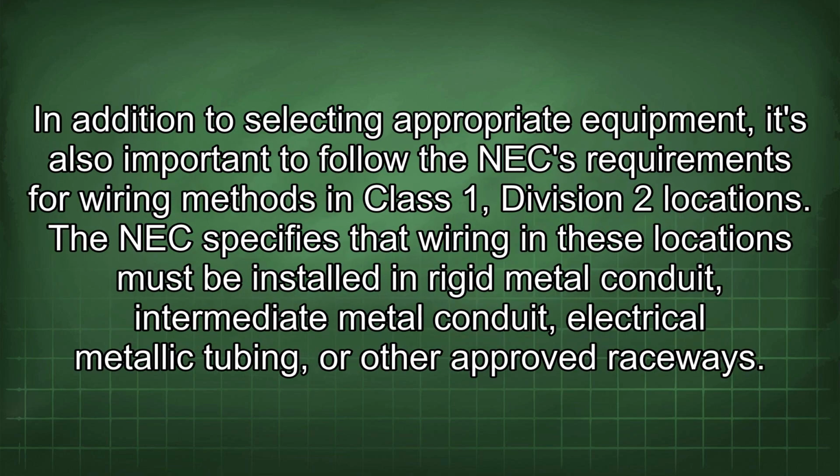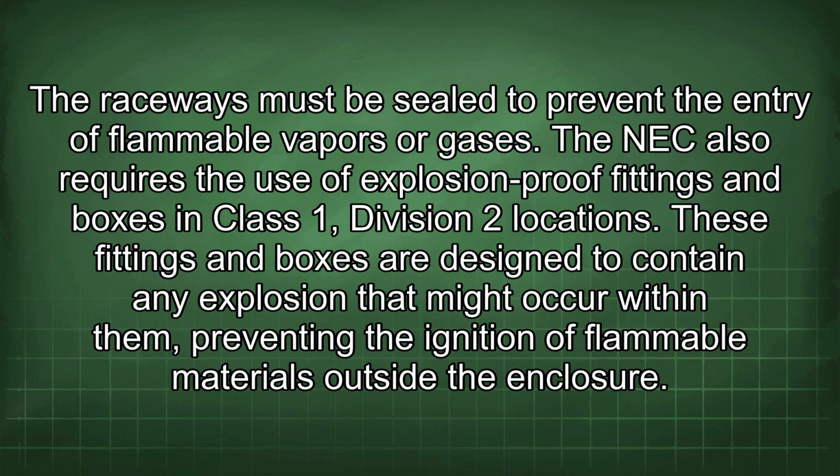In addition to selecting appropriate equipment, it's also important to follow the NEC requirements for wiring methods in Class 1, Division 2 locations. The NEC specifies that wiring in these locations must be installed in rigid metal conduit, intermediate metal conduit, electrical metallic tubing, or other approved raceways. The raceways must be sealed to prevent the entry of flammable vapors or gases. The NEC also requires the use of explosion-proof fittings and boxes in Class 1, Division 2 locations. These fittings and boxes are designed to contain any explosion that might occur within them, preventing the ignition of flammable